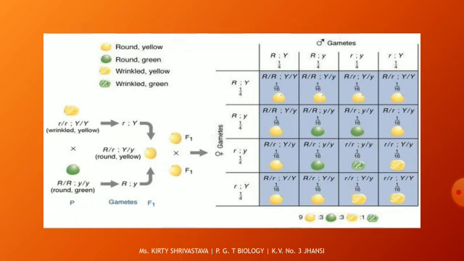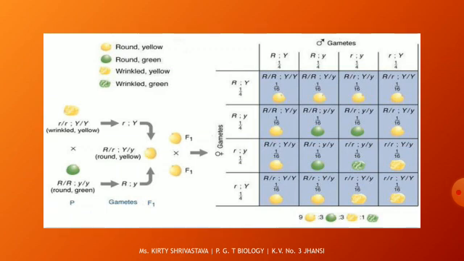The seeds of F1 generation were then raised to produce plants, the flowers of which produced four types of gametes, which had genotypes capital R, capital Y, capital R, small y, small r, capital Y, and small r, small y. The flowers of F1 generation were then self-crossed. This cross can be represented and studied with the help of Punnett's checkerboard